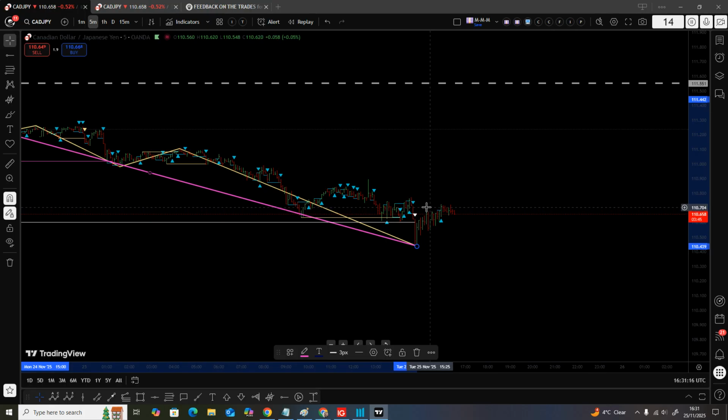Okay, you can see we don't have anything here. All we have is a structure. We need to see a break of this structure and a continuation to the upside. This has been a little bit